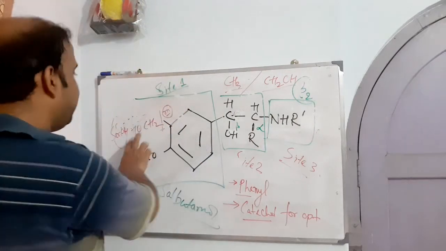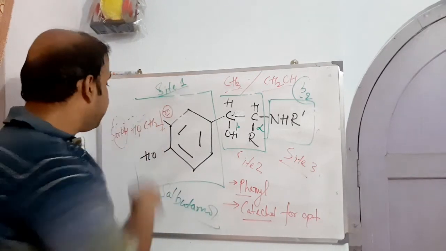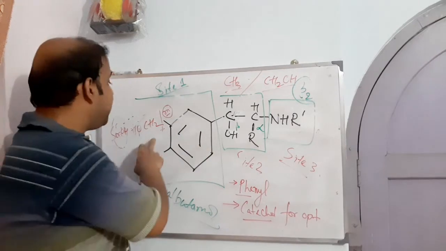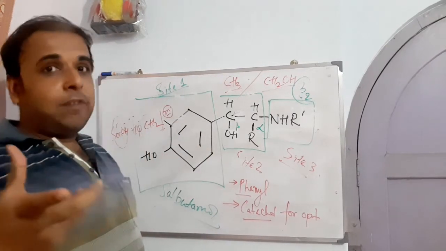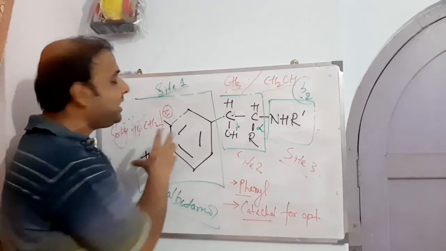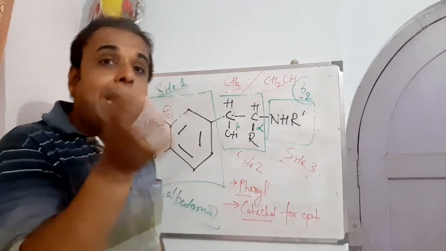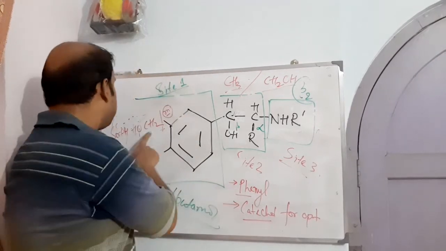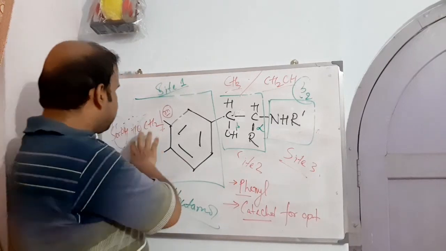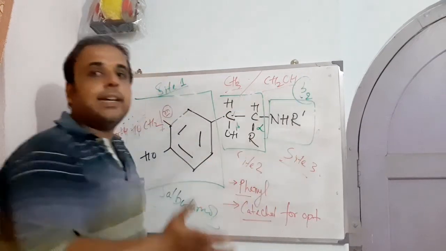Okay, so this is clear. Hydroxyl we can replace with near-equal functional groups, functional groups which mimic the physical as well as chemical properties of the hydroxyl group, which are capable of forming a hydrogen bond with the serine hydroxyl. And we have seen that as a part of this replacement process, beta 2 selectivity increases.